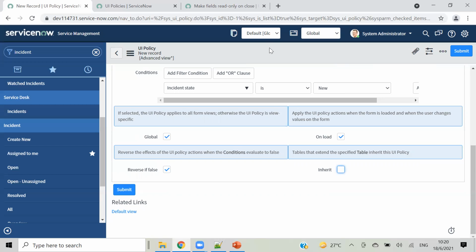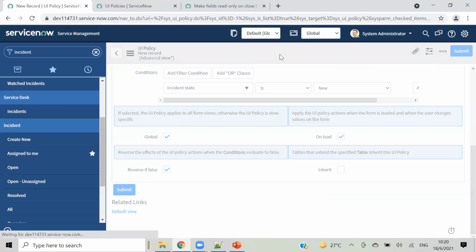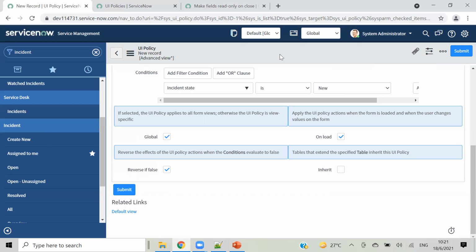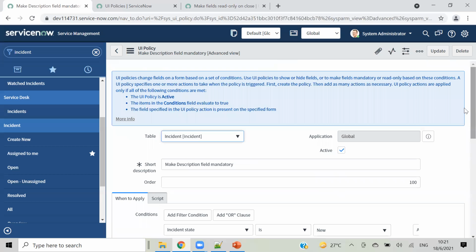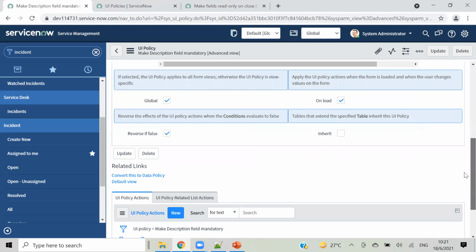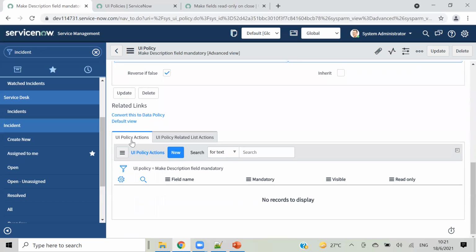So that is the purpose. So I am just saving for now, and after saving you will see the UI policy actions. So now you can see it is saved, and after that we are seeing this UI policy actions.